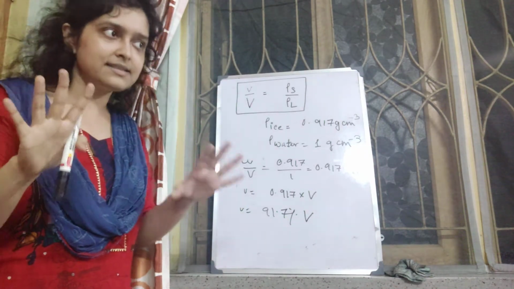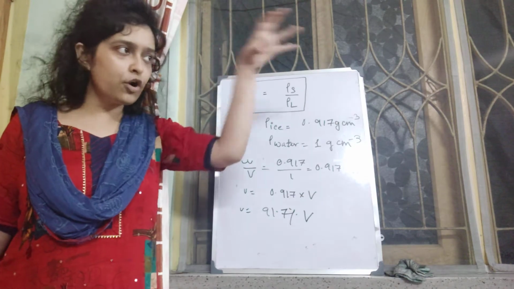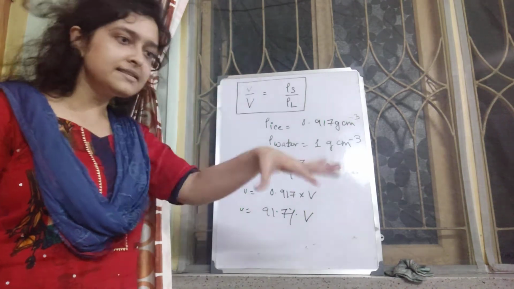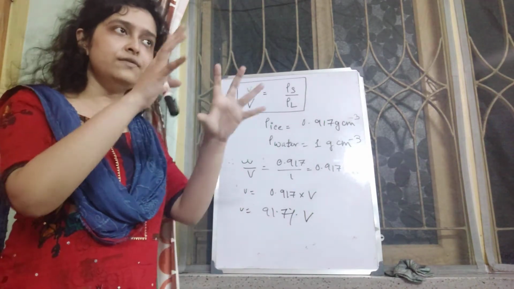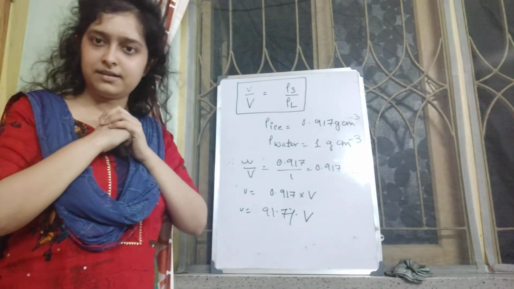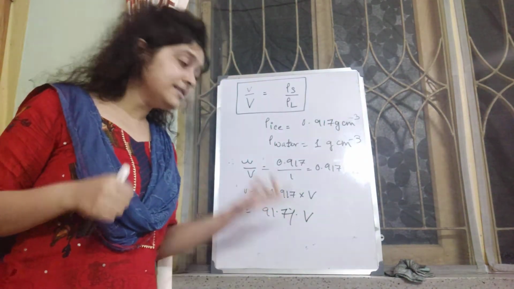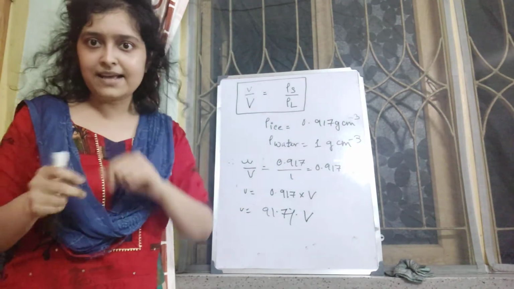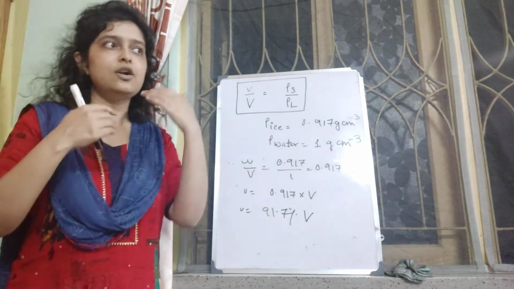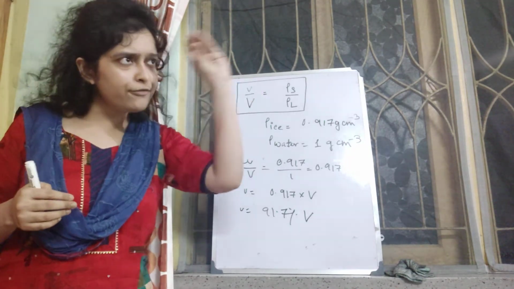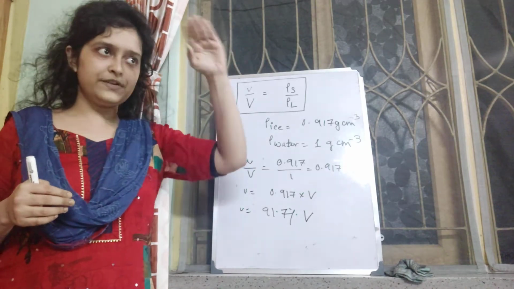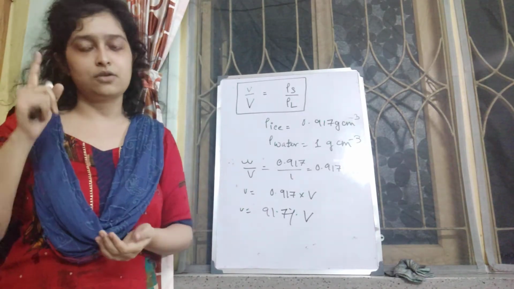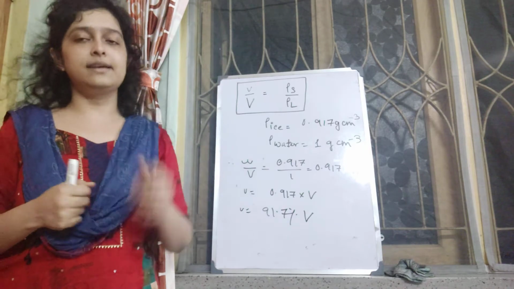Then can we just think, icebergs, when they float in water, maximum portion of the iceberg therefore remains inside water. Small v stands for the volume of the solid submerged inside the liquid. That means 91.7% of the total volume of icebergs remain inside water. That's why they are so dangerous for the ships, because they can only see a small fraction of the volume outside the surface of water, because the maximum portion is inside the water. That's why they're so hazardous and they can cause accidents, because we cannot easily locate them, right?